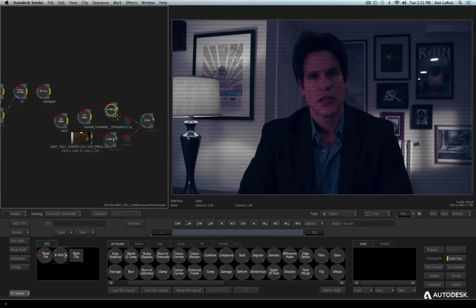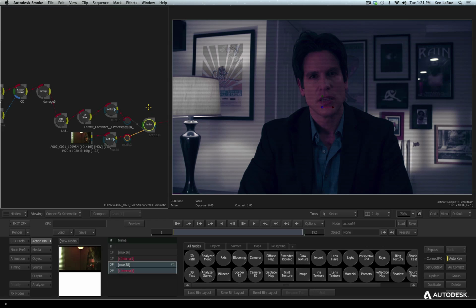After the Mux nodes, what happens? We then have the action tool. Our 3D compositor was added, and both those layers out in the timeline were converted to action layers. If I double click on the action tool, we get our action parameters down here, and you can see there's